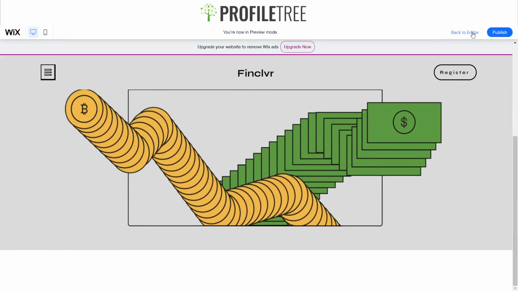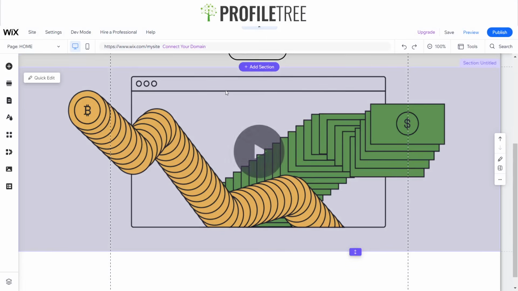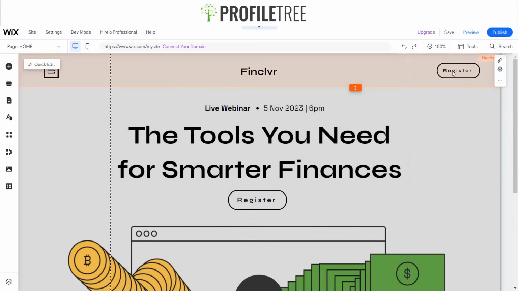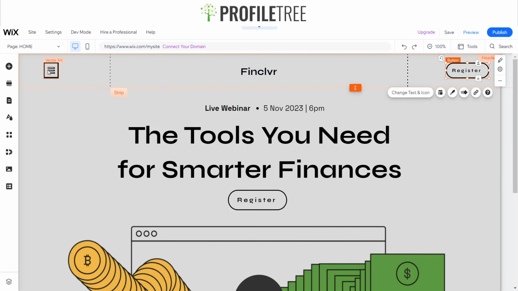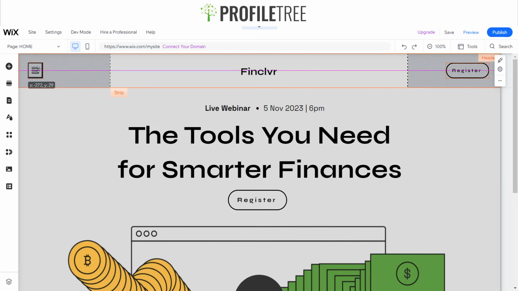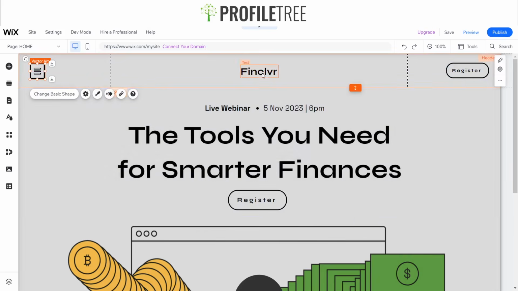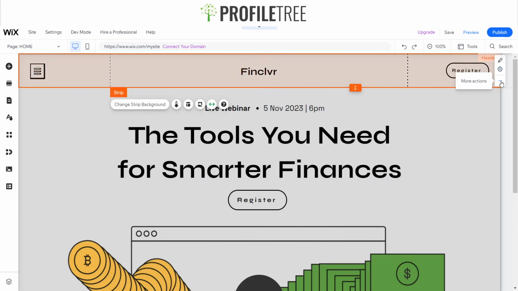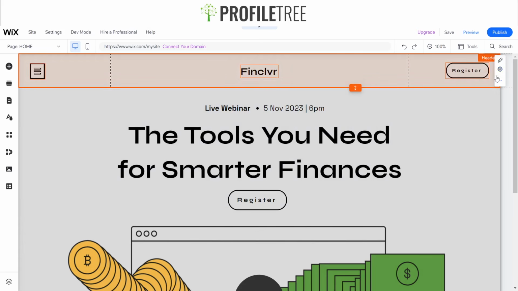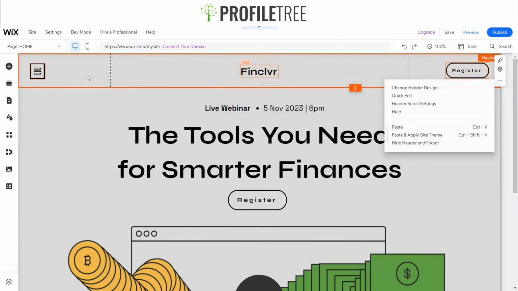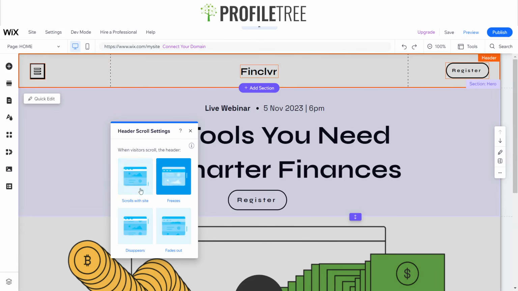So okay, we'll go back to editor. Another way we can do it is if we want to modify this a little bit as well, so that this is running along the right side and this is running along the left side. What I could do is change the header design, and if I want to get rid of the title but keep the menu and the register button, go ahead and click on